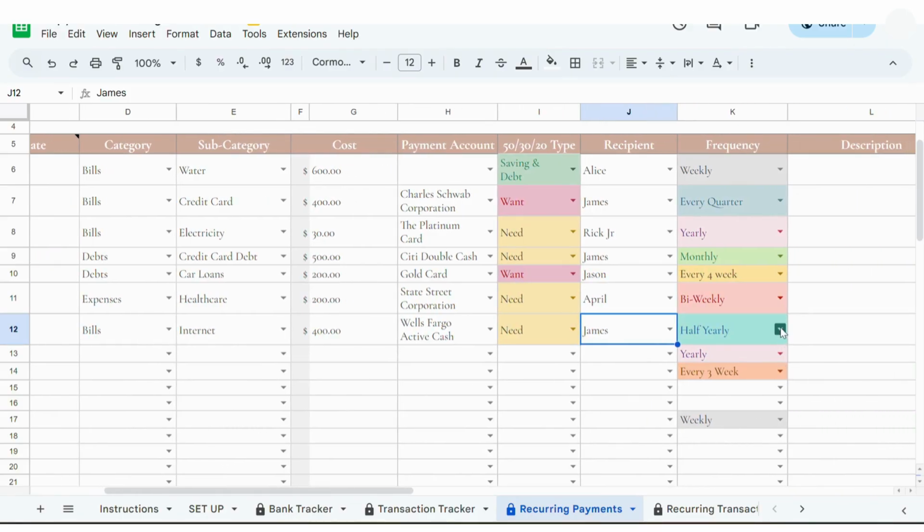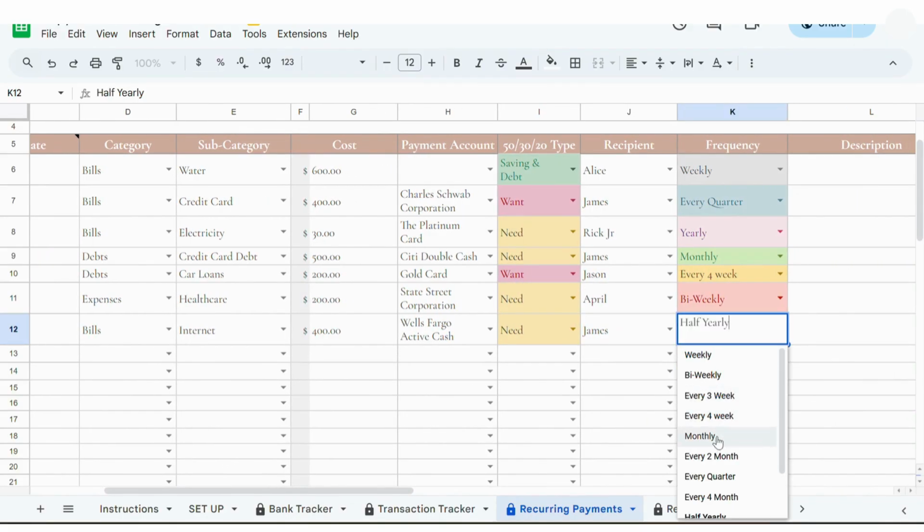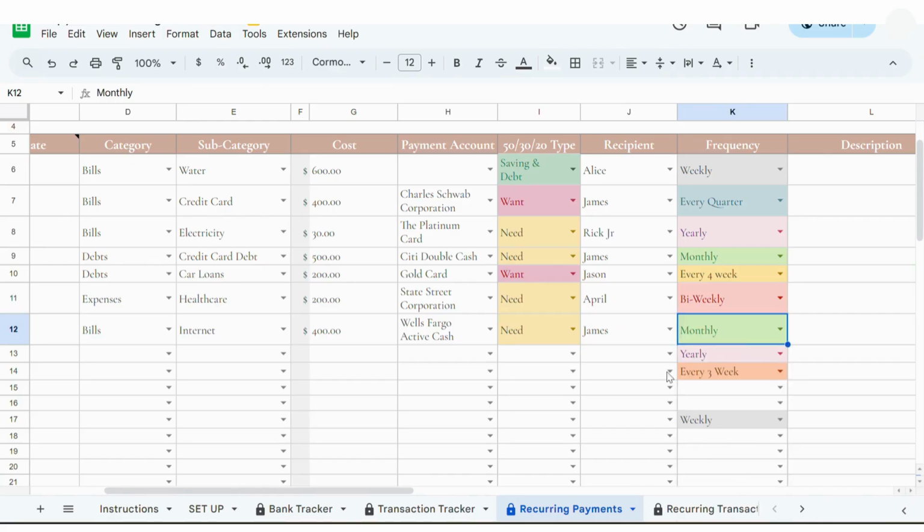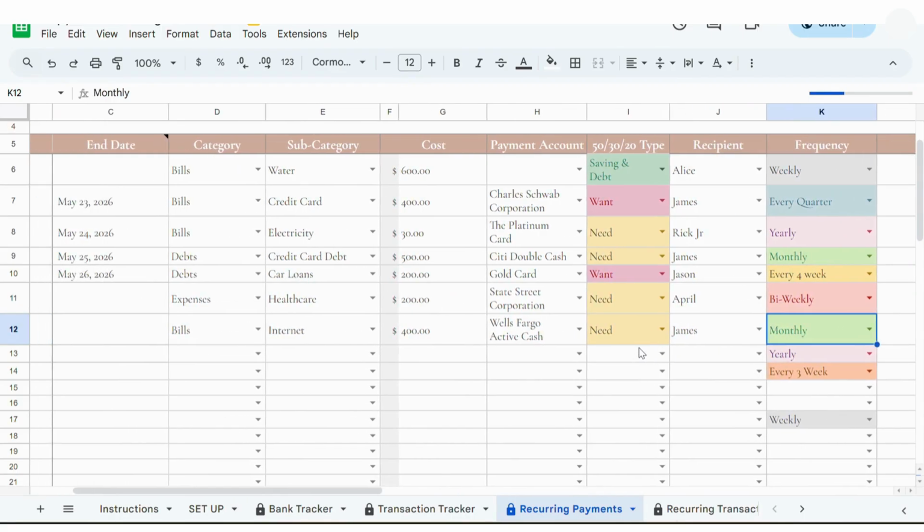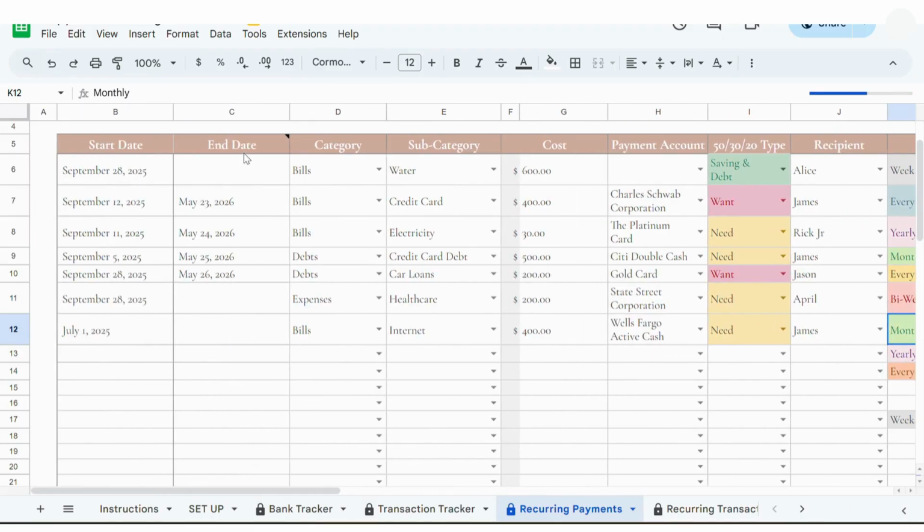So suppose I have to make this transaction on a monthly basis, so I'll just enter monthly. And here in the end date, if you want it, you can enter an end date. Suppose it's a subscription, but suppose it's your daily needs and you don't have to. And so for all other categories, for yearly, it will remind me. To pay my bills, you can see for that you have currently